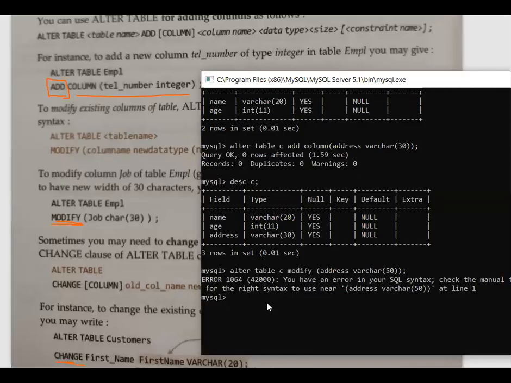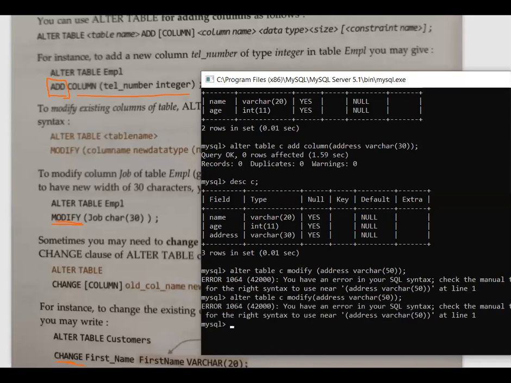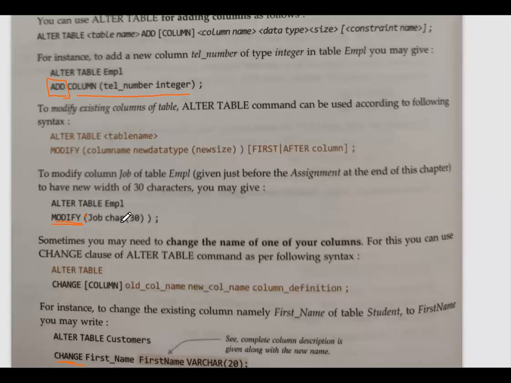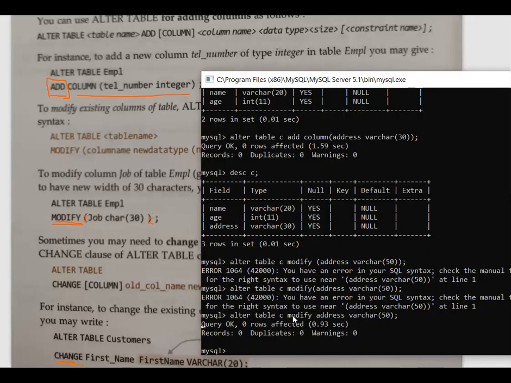No, I should not give that space. So modify, and then this one. All of you remember this thing, just remove this bracket. Actually it is given wrong in your book. This bracket must not be there, fine? Because just now we have executed and checked. If we give the bracket, it is not working. So just remove these brackets.